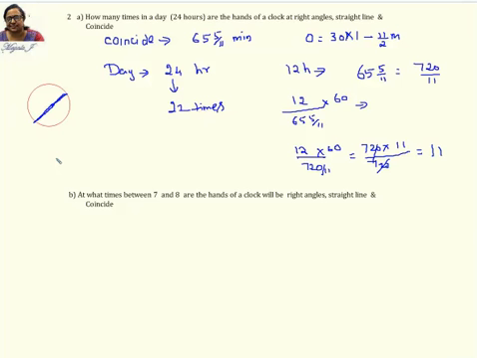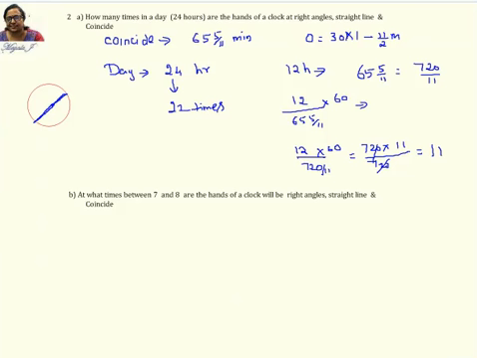12 times, ma'am. In 1 hour, is it going to be 2 times or 1 time? One time. In 1 hour, it's going to be 1 time. That's clear, right? In 1 hour, coinciding is one time. The straight line also is going to be the same, 1 time. So in 12 hours, 12 times.